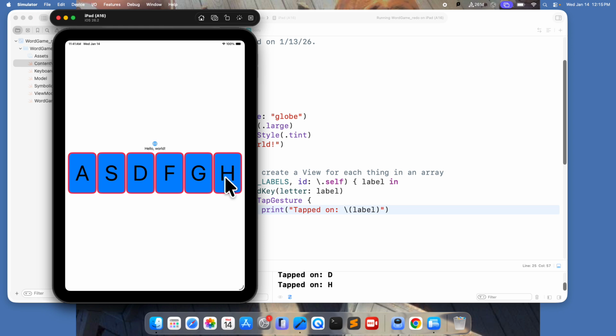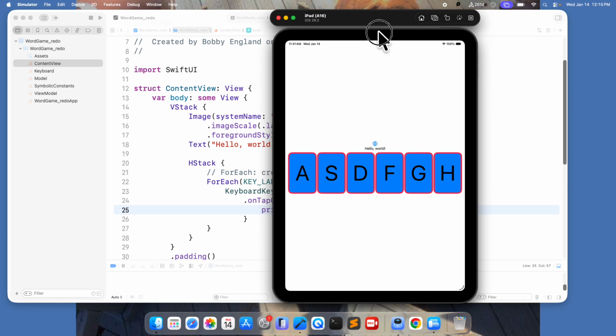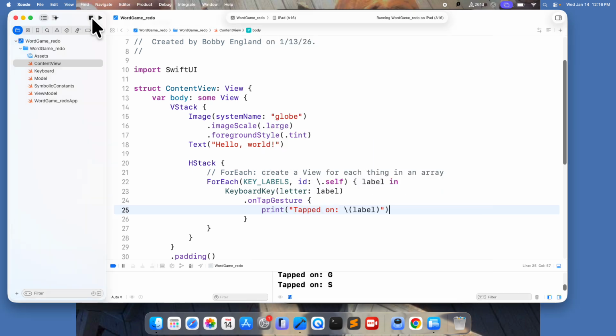absolute magic. And it looks like we're getting perilously close to implementing an algorithm there. Except technically we're not. We're not modifying the view. We're modifying what's in the console window. So we can tap on letters till the cows come home if we want to, and see what letter gets tapped on down here. Now, where we're headed with that, and I say we're headed because we are running out of time, where we're headed with that is we need to tell